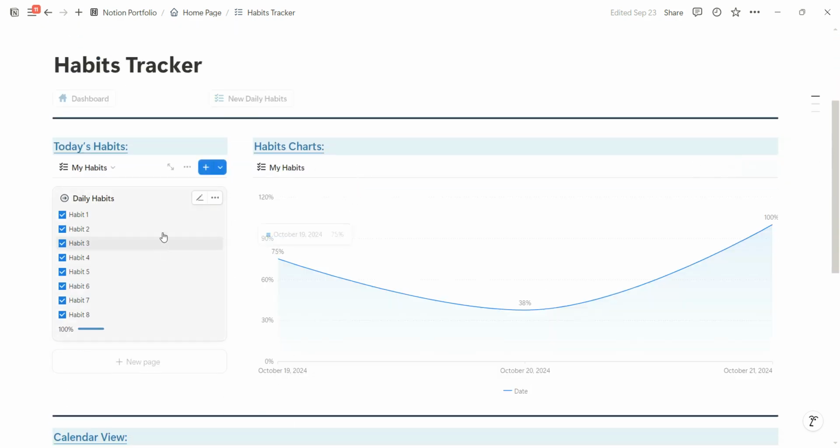So in the habits tracker page, you have your daily habits from here. If you want to create a new daily habit, you just click on this button here, and it will be auto created here. If you want to set up your habits to be created automatically, you just click on this button here,